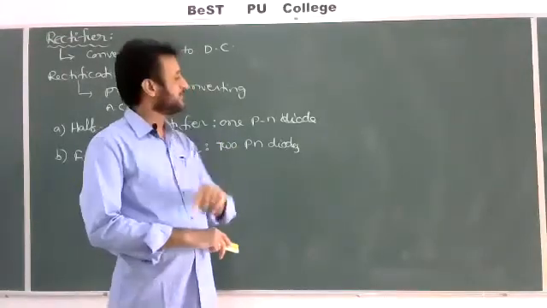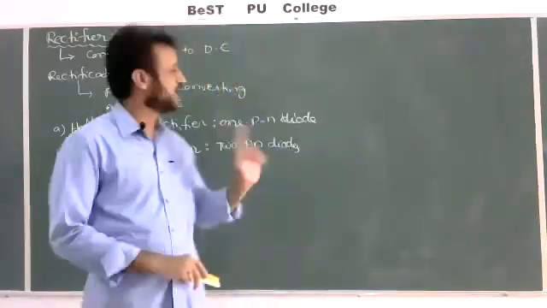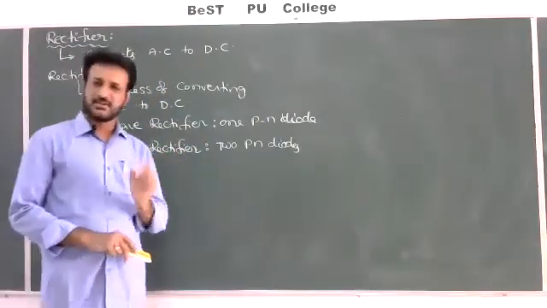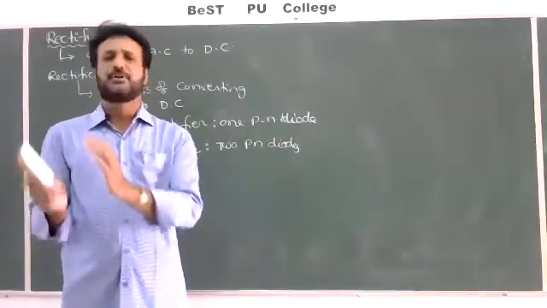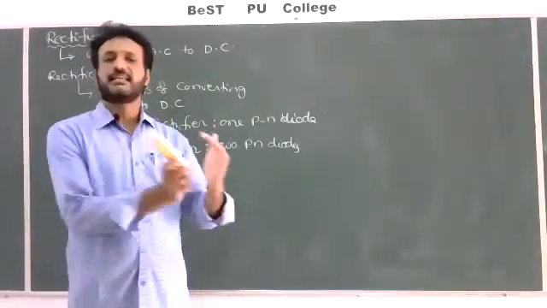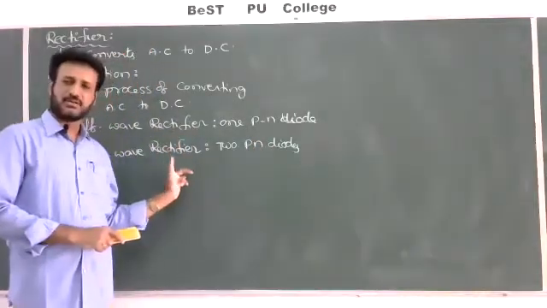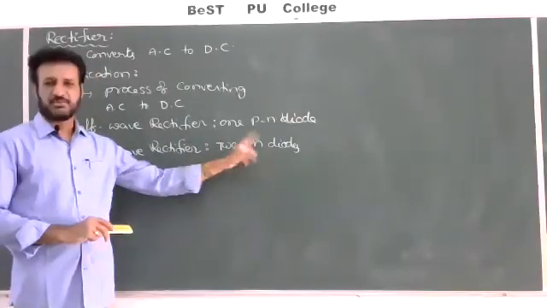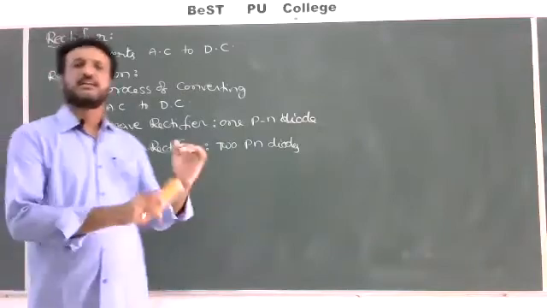To convert half of the AC cycle into DC, how many diodes are you using? Only one diode. But what is a full wave rectifier? An electronic circuit or electronic device or a rectifier which converts the full AC cycle into DC can be called a full wave rectifier. If you want to convert the full AC cycle, how many diodes do you have to use? Two PN junction diodes we have to use, so that we can convert into full DC.